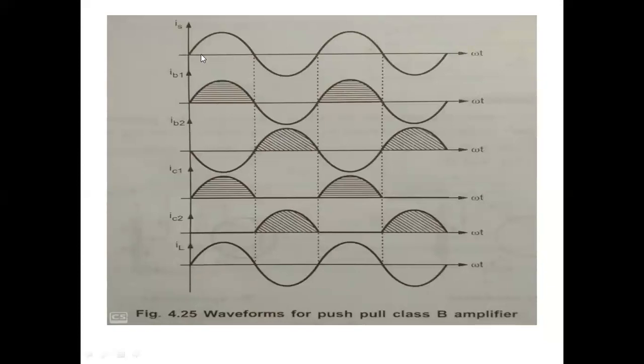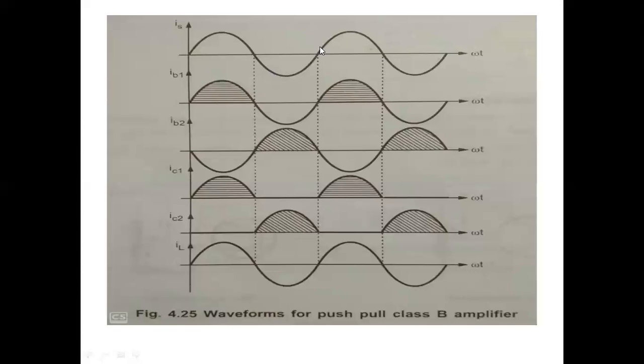So here we have some input signal IS, we are applying some input signal, and during the positive half cycle, the transistor Q1 conducts. That is, we have some base current at the base of the first transistor, that is positive. And during this positive half cycle, transistor Q2 is in off condition, and the base current at transistor Q2, that is at point B, is negative. That will be shifted to negative. So that means we have some collector current, that is IC1 only. At that time, there is no IC2 because Q2 is off.